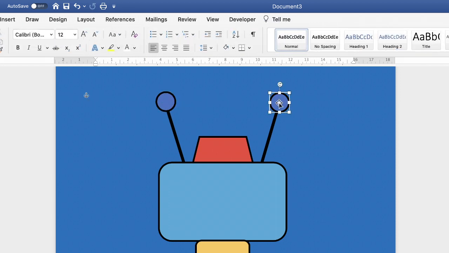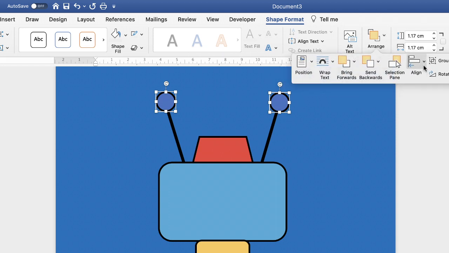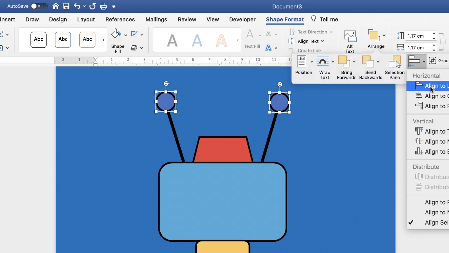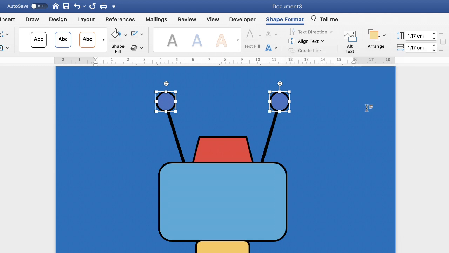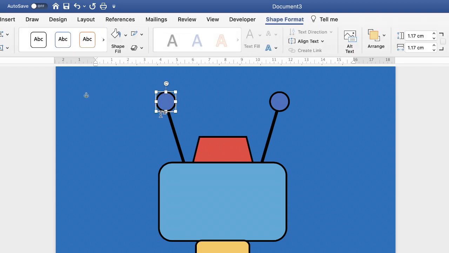Now if you want it to be the same height, again, Command or Control key held down and go up to Align and Align to Top. And that will mean they're exactly the same height. So onto the eyes. Now for this I've already drawn a circle, so I'm simply going to highlight that circle,